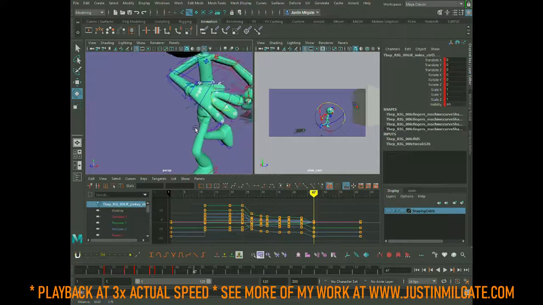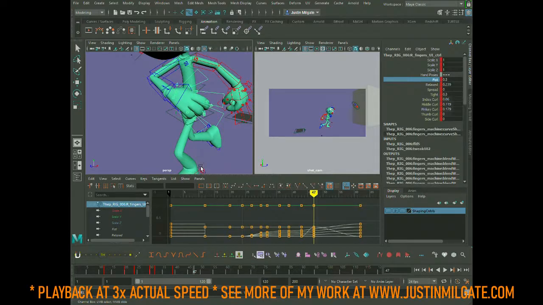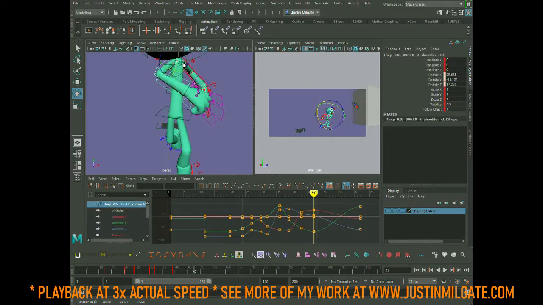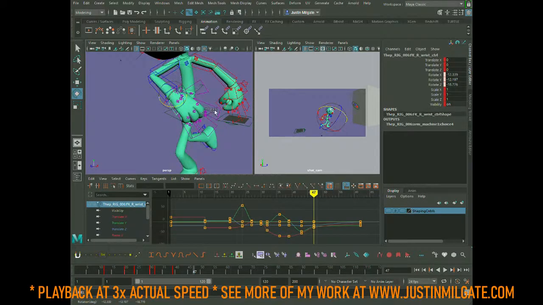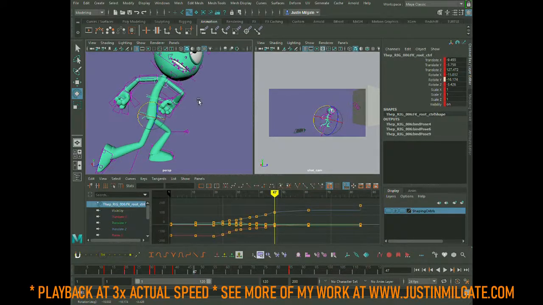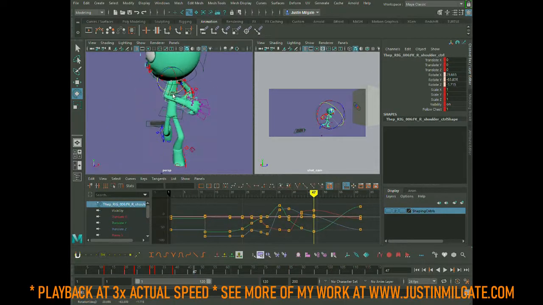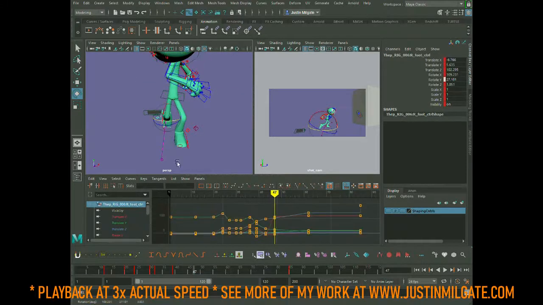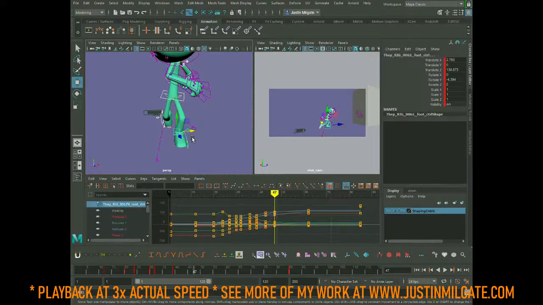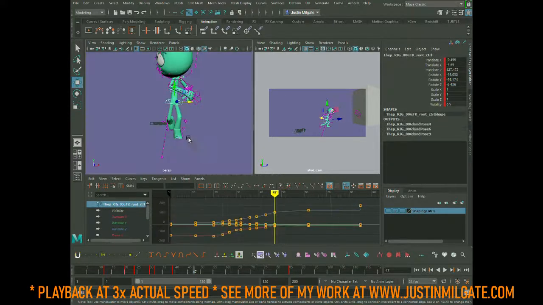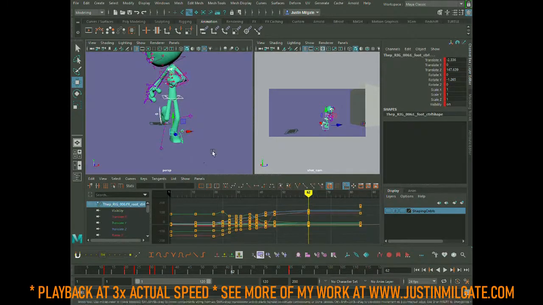In this pass, you can see that I am creating a key for each footstep. I'm not just saying, okay, so now he's running, and slide him across the screen, sort of like you might with a layout pass or something. If I were to have done that, I'm just using the character as more like a placeholder so that I can establish the camera and everything,